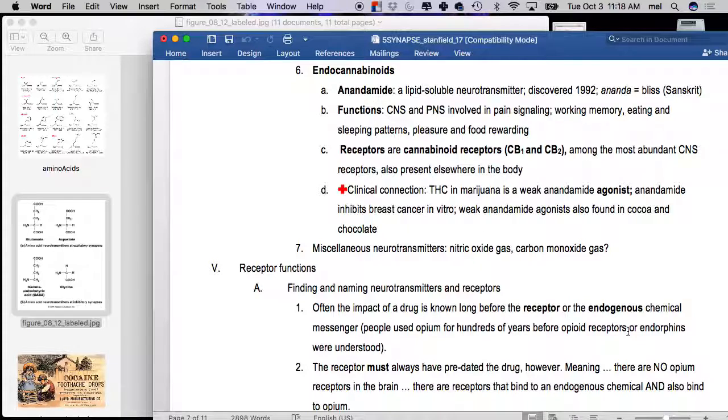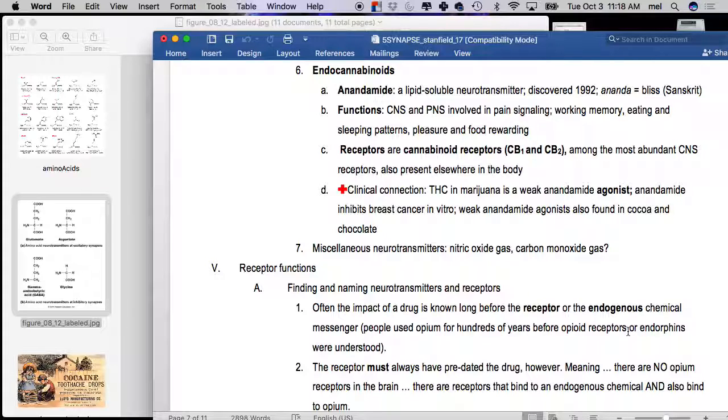And the one is anandamide. Ananda is Sanskrit for bliss. So when they found it, they called it the bliss neurotransmitter. So anandamide is a lipid-soluble neurotransmitter. That means it gets picked up very quickly, and has no problem moving into the system or into the brain. It was discovered in 1992, and it is involved in a bunch of different things, but the things that are relevant to clinical situations, and the reason that in many states medical marijuana is legal, is because it is involved in